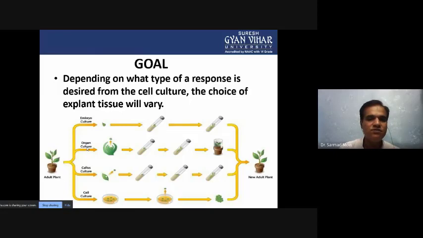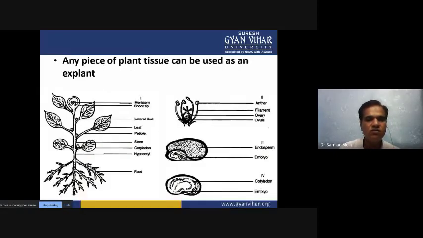So always we have to see our goals, and according to our goals we choose the parts of the plant. Mainly for micropropagation we use axillary buds, and we take the axillary bud in the morning hours. After surface sterilization, we take the meristematic cells or tissues. These meristematic cells are very fast dividing, and we can propagate them very fast inside the laboratory, in in vitro condition.